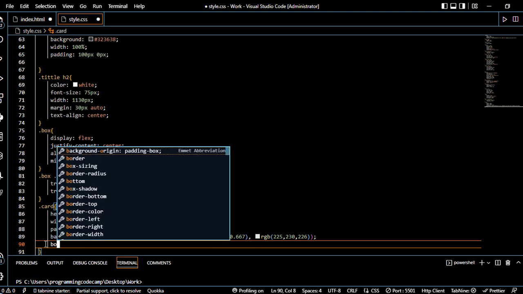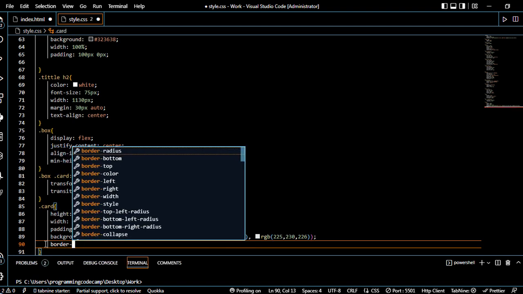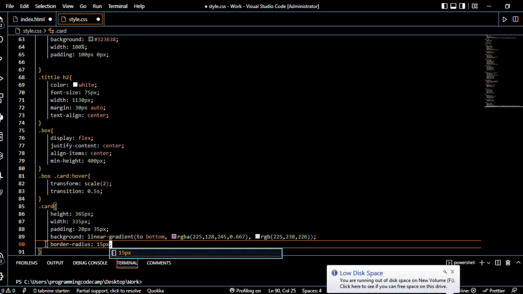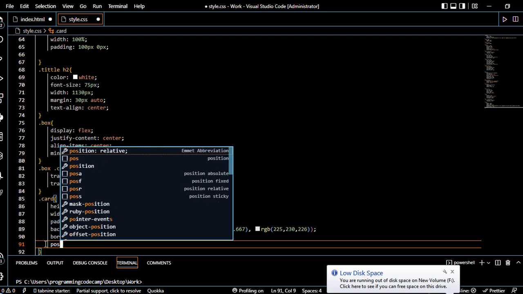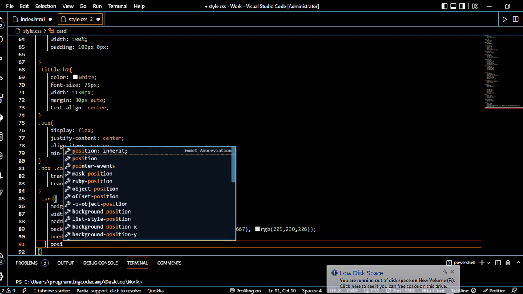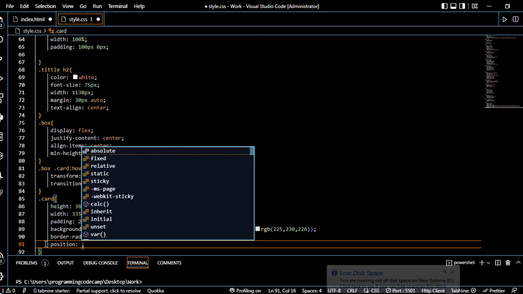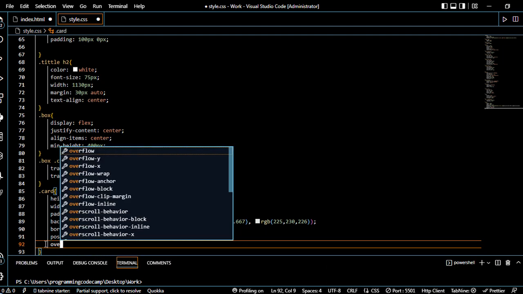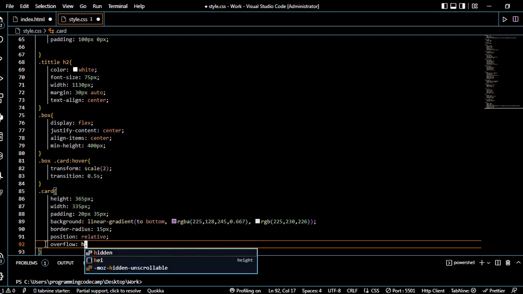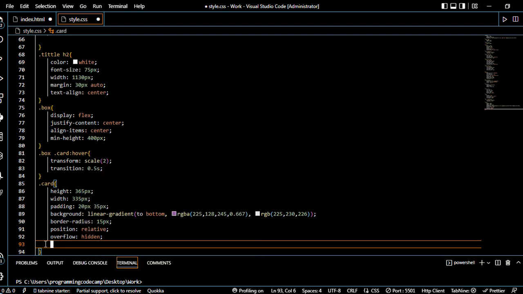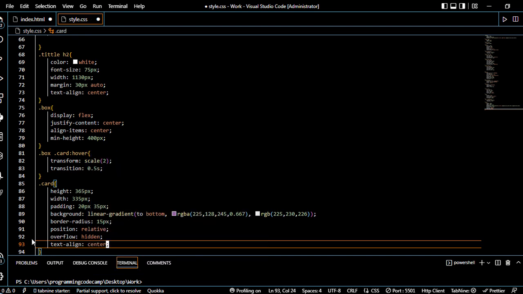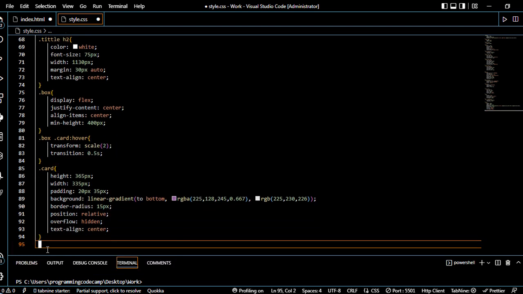Border radius should be 15 pixels, and the position should be relative, and we can select the overflow should be hidden, and text align should be center. So go ahead and write .card. You can copy this one,